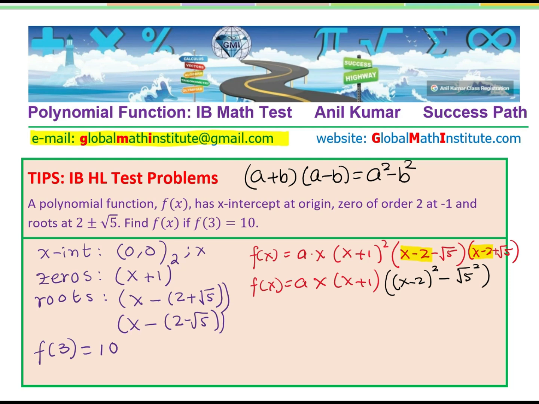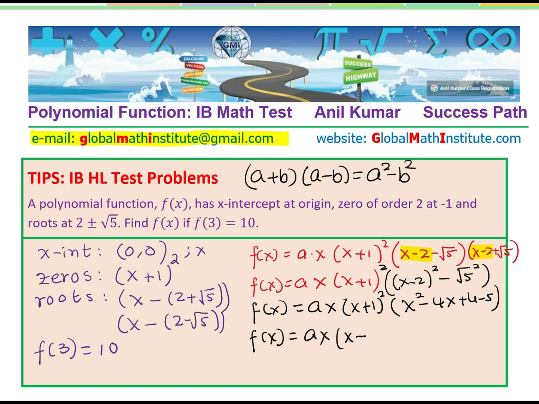So we have factored very easily. That gives you the function f of x as equal to ax times (x plus 1) whole square, and here the term (x minus 2) whole square can be written as x square minus 2ab, which is 4x, plus 4, minus 5. And so we get the function f of x as ax times (x plus 1) whole square,